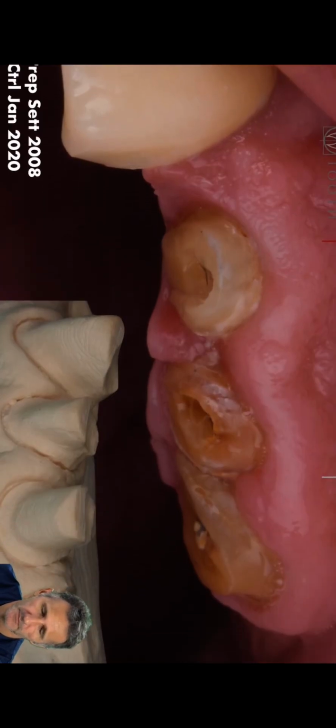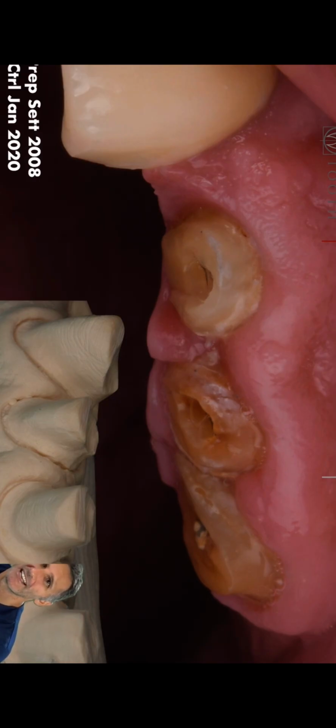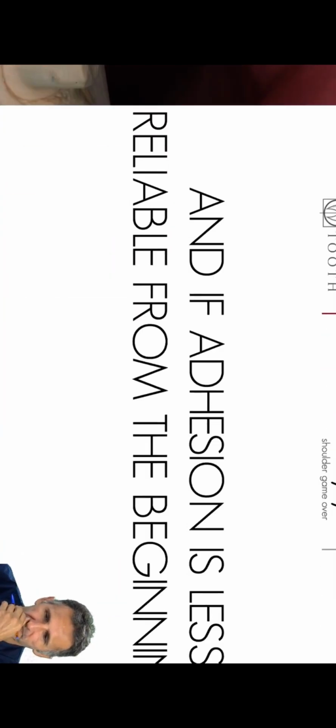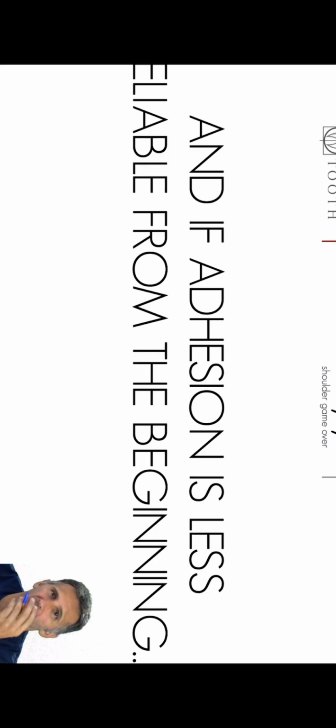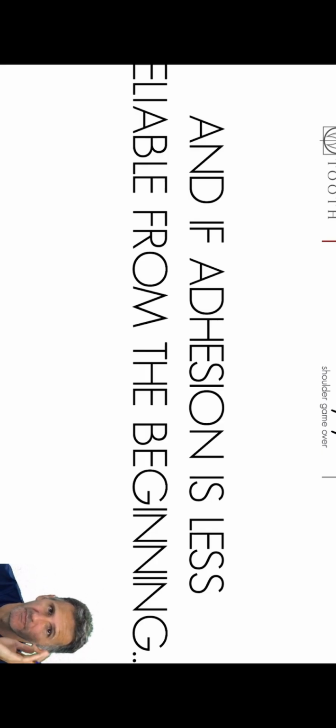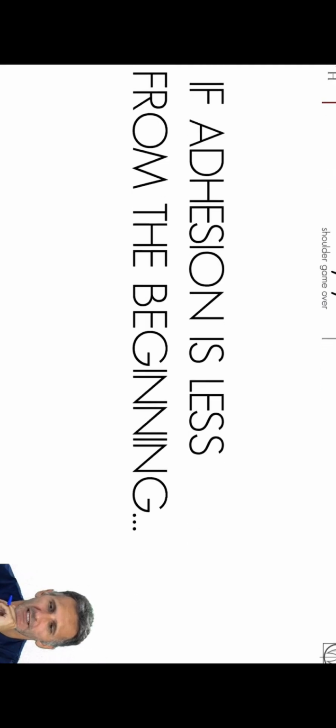Another one. I did the preparation in 2008, the bonding of the first post on the central, the bonding of the second post, and the fracture of the third post on the canine. Probably not because there is adhesion, but probably just because there are some undercuts that made it impossible for the post to come out. And if adhesion is less reliable from the beginning,